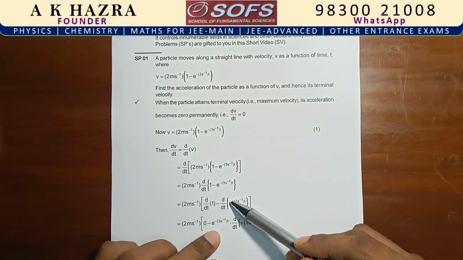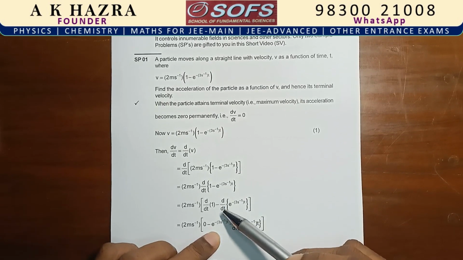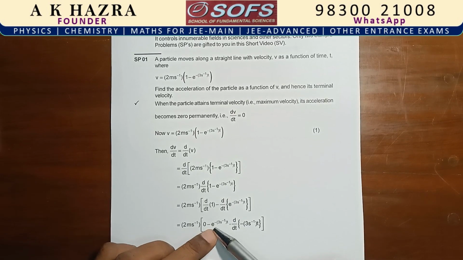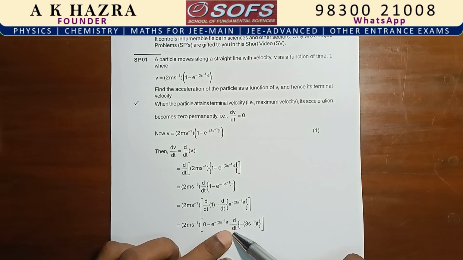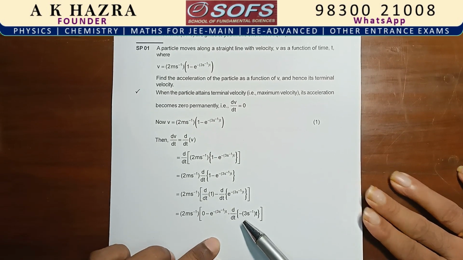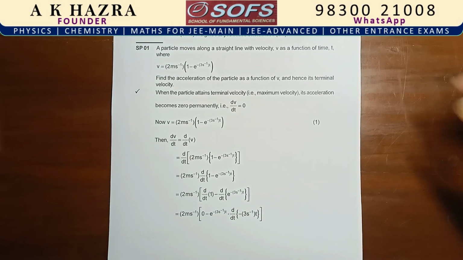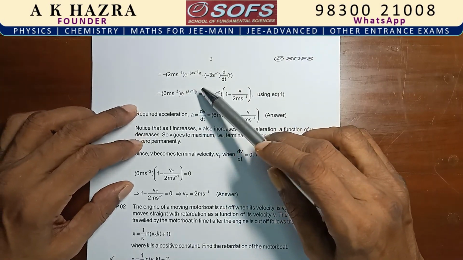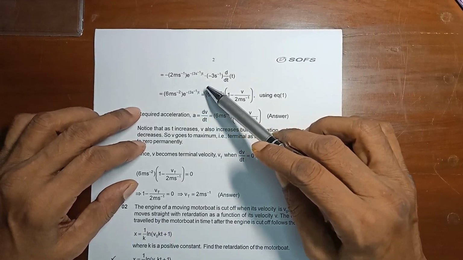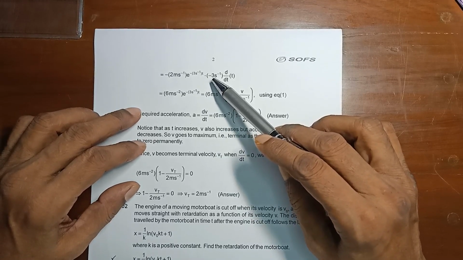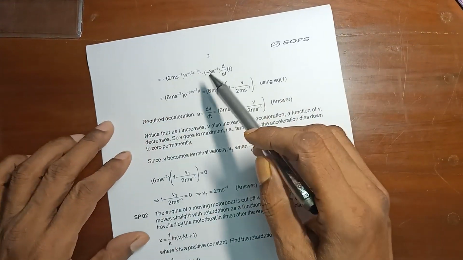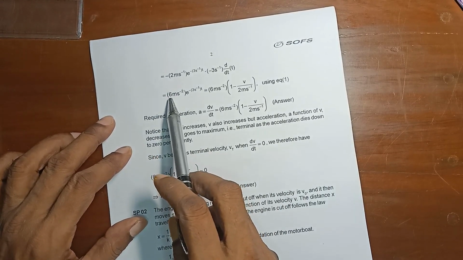So you consider minus 3 per second t as z, then change the d/dt operation to d/dz times dz/dt. So d/dz of e to the power z is equal to e to the power z. That's why I have written e to the power minus 3 per second t into d/dt of z, that is minus 3 per second t, equals 2 meter per second, minus e to the power minus 3 per second t, and then again commutative law, minus 3 per second is taken out, d/dt of t is 1. So we will have minus 3 per second times minus 2 meter per second giving 6 meter per second square e